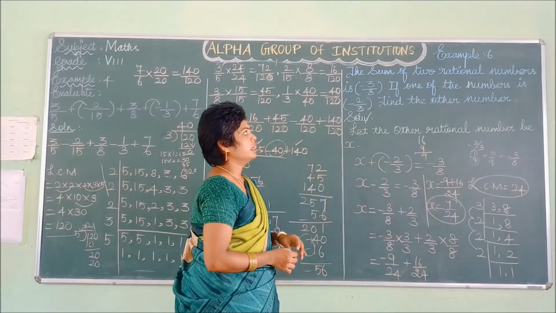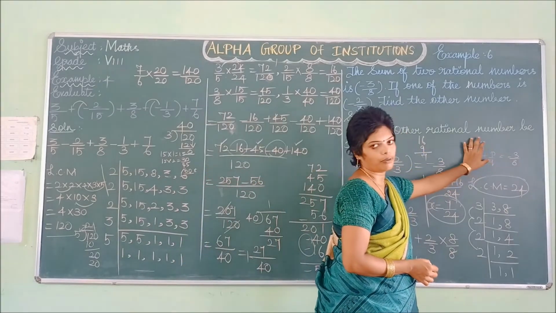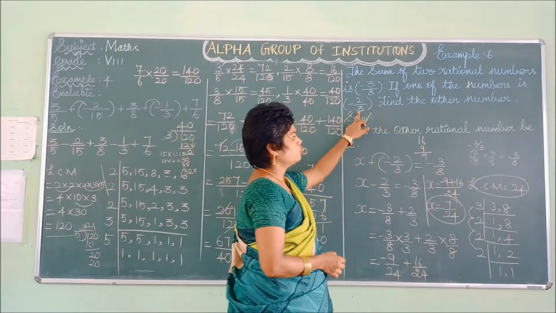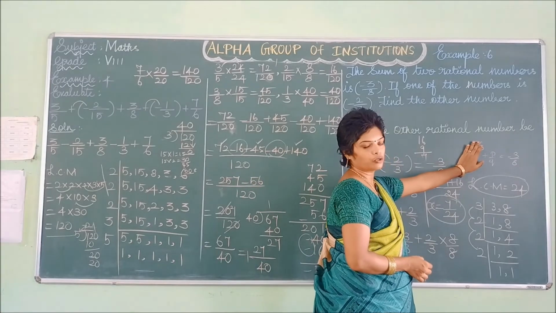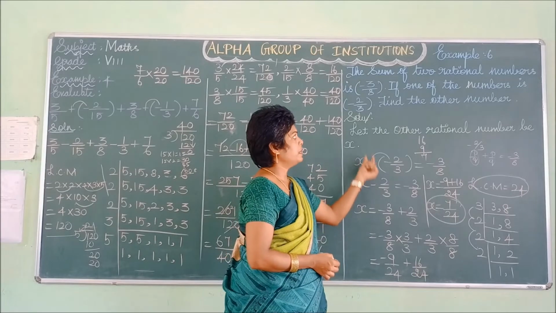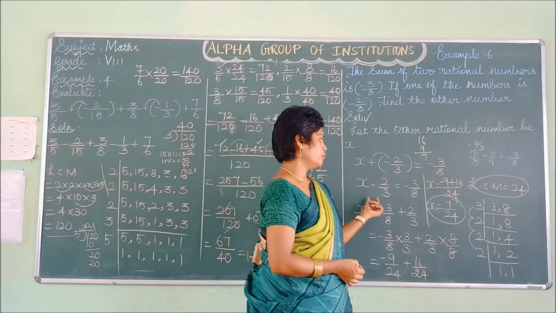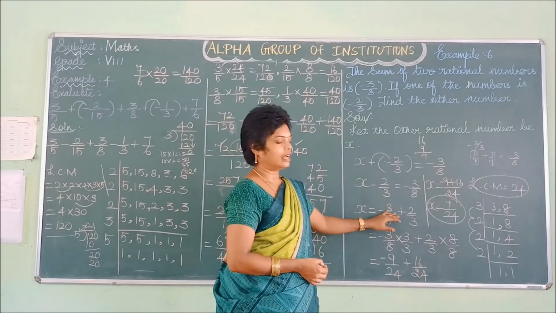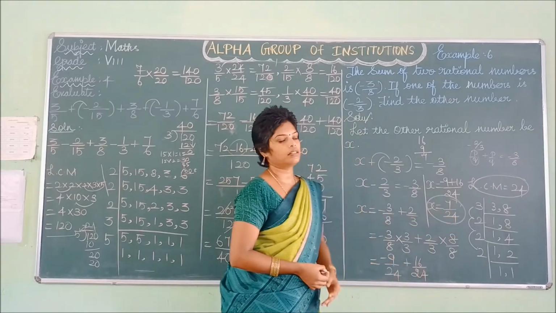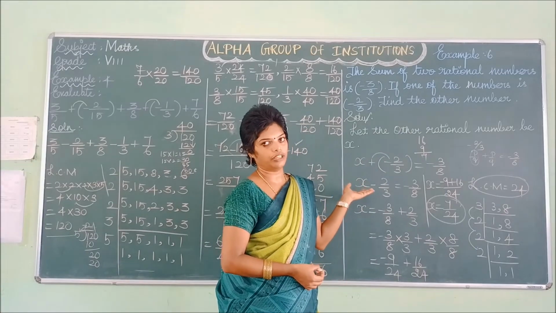Look at the question once again. The sum of the two rational numbers. Sum of the two rational numbers means the rational number is in the form of p by q. So their sum is minus 3 by 8. If one of the numbers is minus 2 by 3, we can replace the one value as minus 2 by 3. Another value we don't know, so that only I have taken as x. So x plus that value minus 2 by 3. The sign will be interchanged as negative, and you can take that number to the right hand side. Solving the steps, you can get the value x. So x is the other number. Let the other number be 7 by 24.